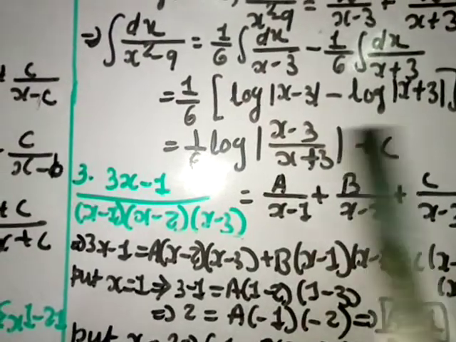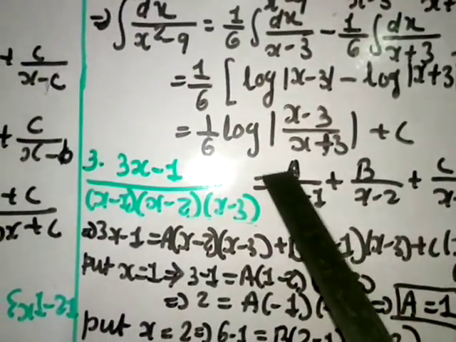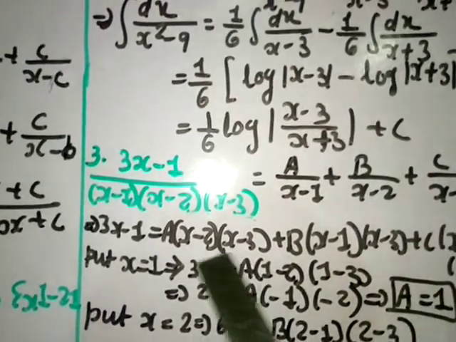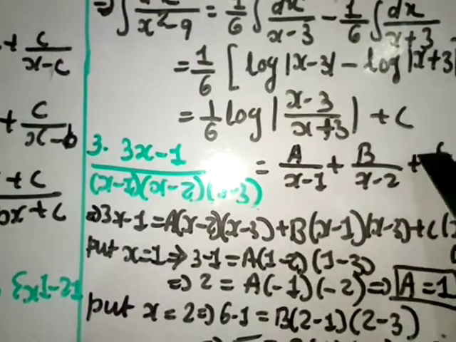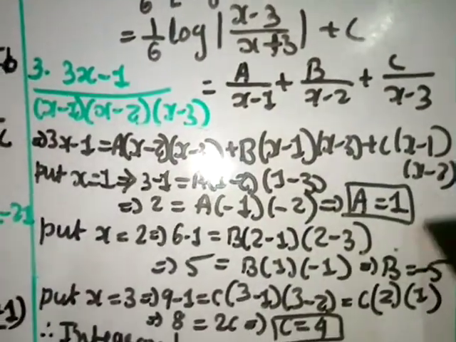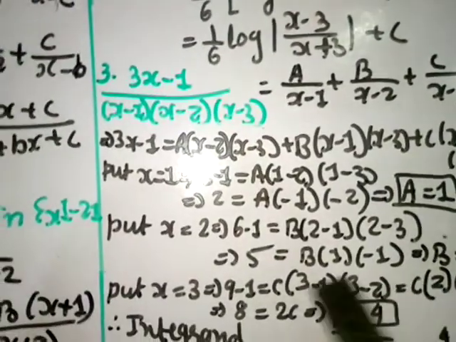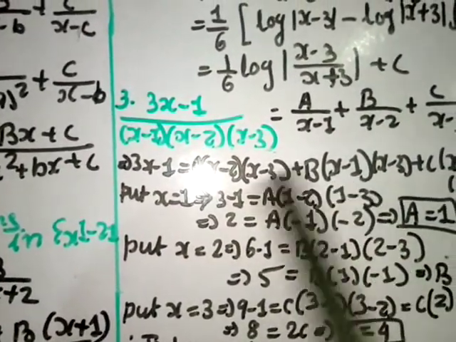Here I'll take the LCM. So here x minus 2, x minus 3 is missing. So I multiply a by (x minus 2)(x minus 3), plus b, here (x minus 1) and (x minus 3), and c is (x minus 1) and (x minus 2). After that, the denominator I am already cancelling. Here remains c times (x minus 1). I'll put the 0 of x minus 1, that is x equal to 1.